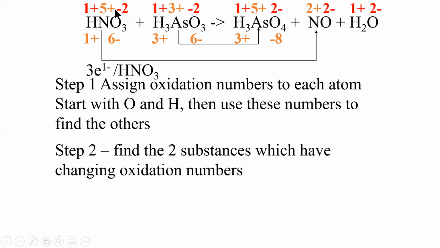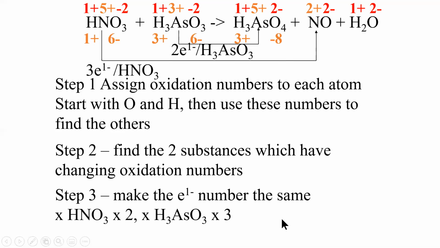So we can see that to go from a 5 state to a 2 state, 3 electrons for every molecule of nitric acid were exchanged. And for H3AsO3, arsenic acid, to go from a 3 state to a 5 state, there were 2 electrons involved. So the first thing we're going to do is balance the number of electrons transferred. A common multiple of 2 and 3 is 6. So we're going to have to multiply this equation, where 3 electrons are transferred, by 2,